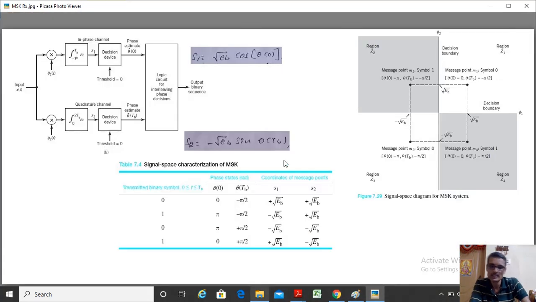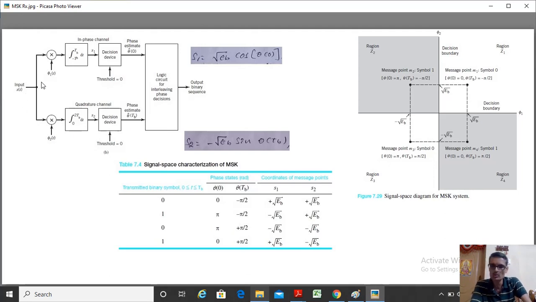So this is the receiver block diagram of the MSK. This is the block diagram basically. These are all the tables which I'm using just to explain the concept. This is a signal space diagram again. I'm using this just to explain how to demodulate and get back the original binary sequences. Now, this is again a correlator that I'm using, a coherent demodulation technique. This is the input x of t.